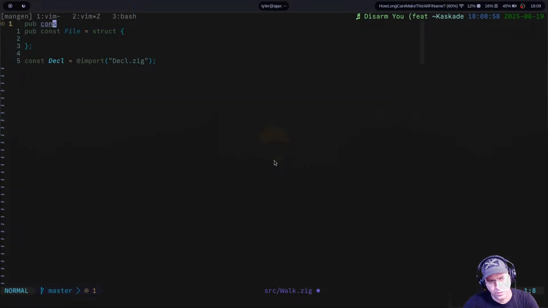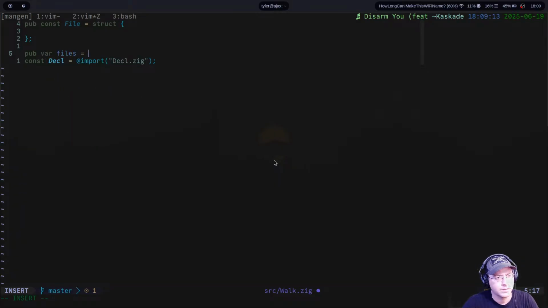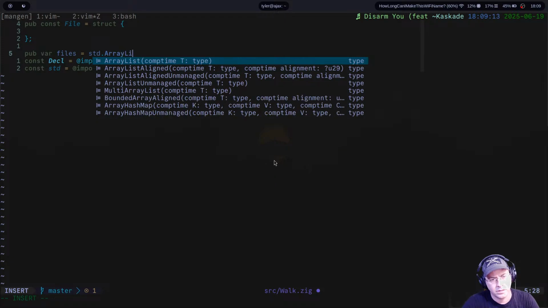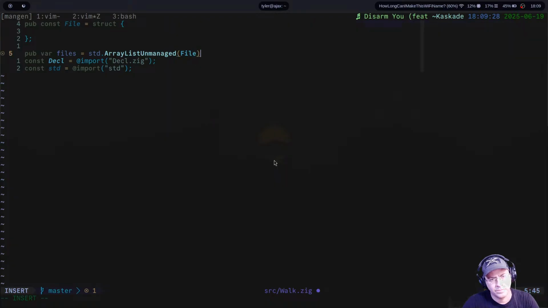Pub console bar. Let's see, we call them files equals we do standard array list unmanaged of file. This would be a list of all the files that we've got. And the file should just have a